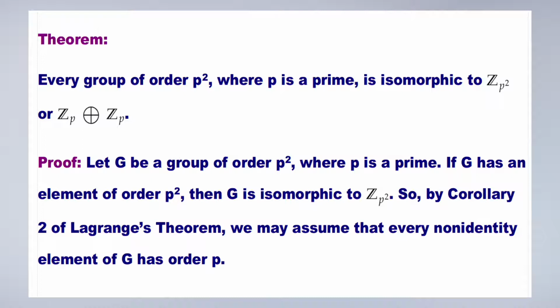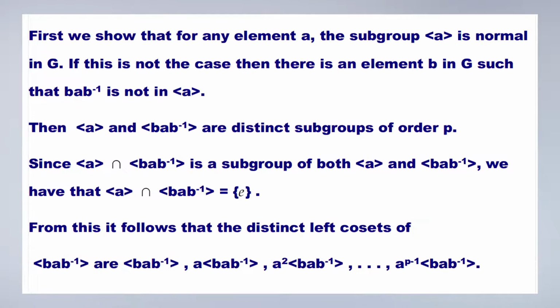Let us apply Lagrange's theorem, and so we arrive at this result: every non-identity element of G has order p. Now to prove that the subgroup generated by A is normal in G for any element A. Suppose not, proof by contradiction. There is an element B in G such that B A B inverse does not belong to the set generated by A. Then the set generated by A and the set generated by B A B inverse are distinct subgroups